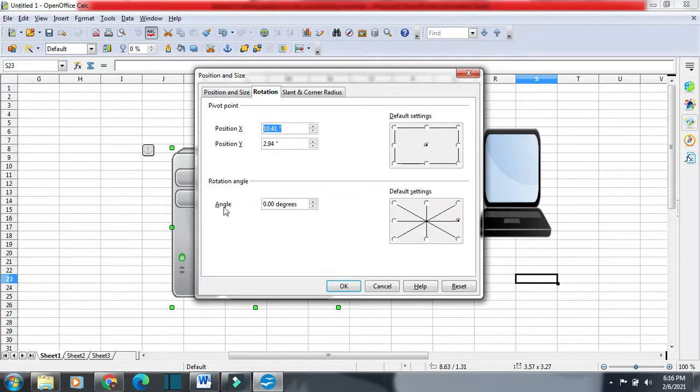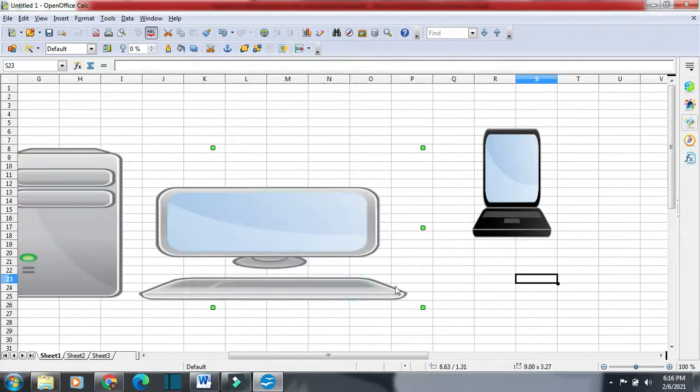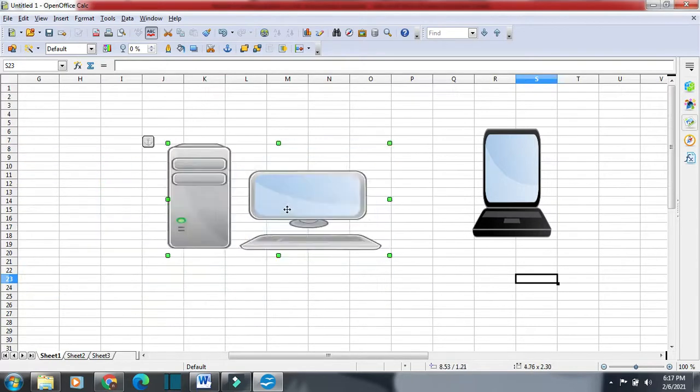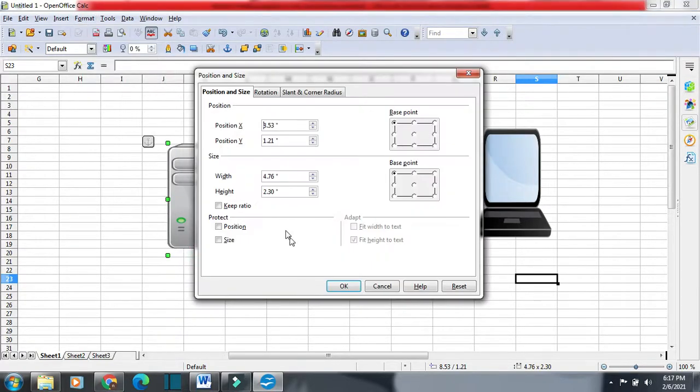Using this I can change the rotation of the image also. First of all, let us see how we have changed the position and size. You can see we have changed the position and the size of the image or any other graphic object.